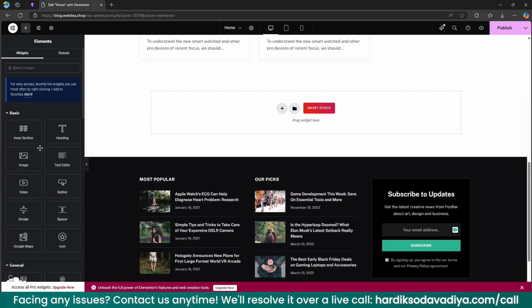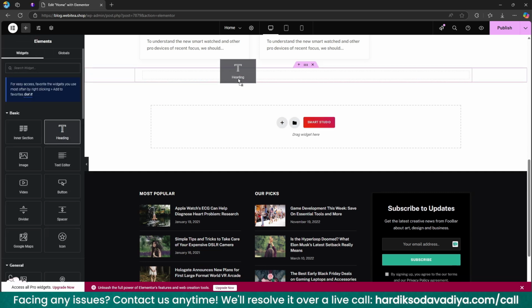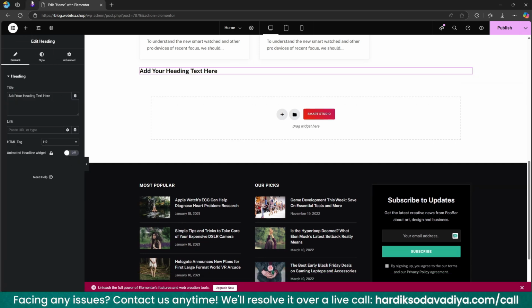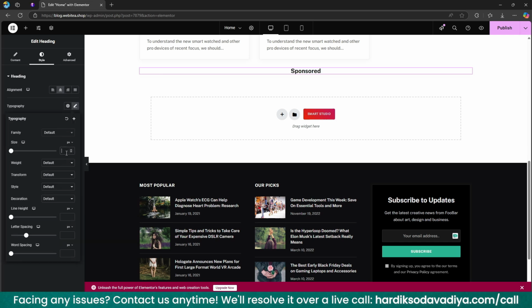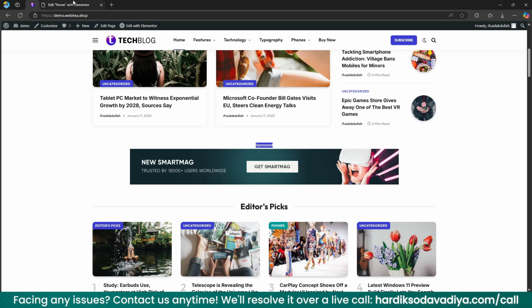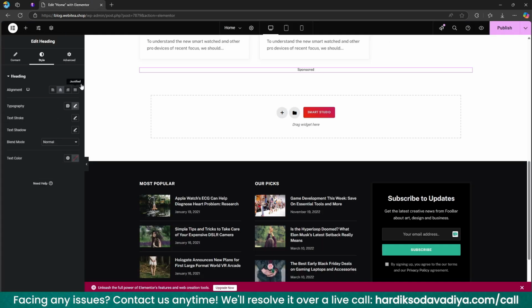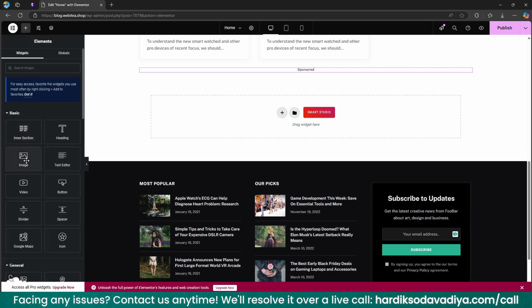Sponsored. First of all, we need to take a section and we will add a heading here, which will be sponsored. Okay, we need to resize it, fix the alignment first, and then it should be something around 15. The weight should be 400. Okay, it should be, I think, 12 pixel. Great. Now we need to include the image,